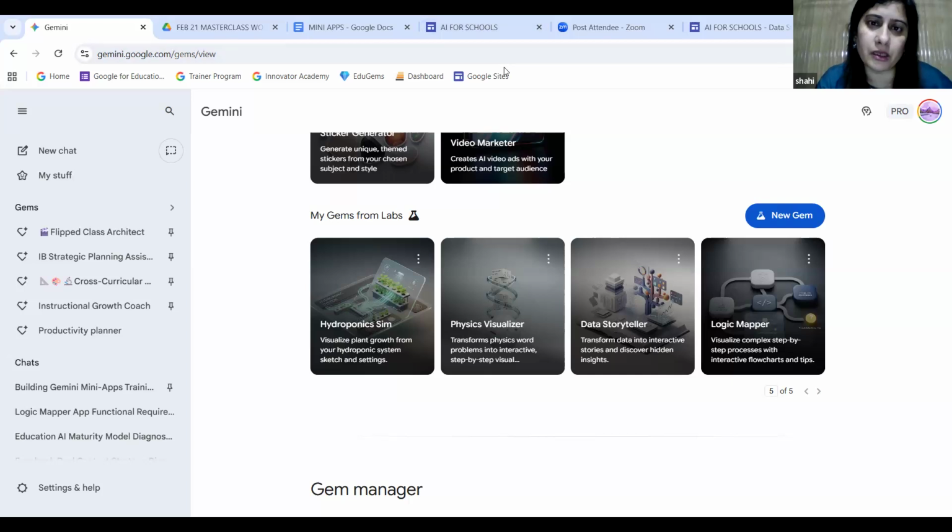So I will now proceed to show you the collection which I have created out of these, their outputs. I have interacted with these apps, I have tested apps, and I have created some artifacts. So I want to show you